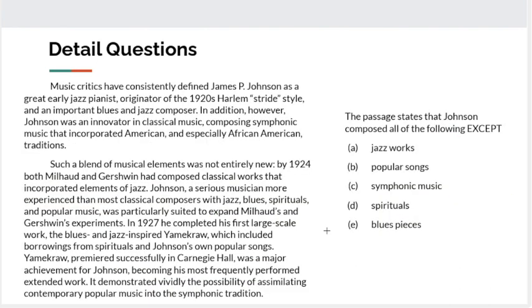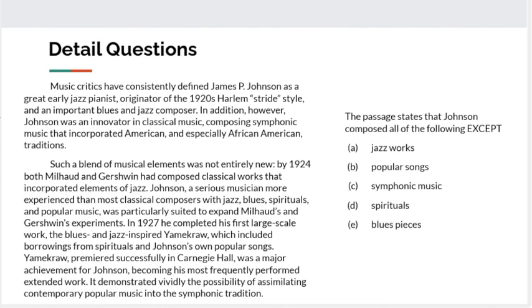And now let's look at a third and last example for this video. So this is going to be one of these all of the following except question. And we're going to have to go ahead and read the whole passage first. We'll try to read it quickly here, as quickly as we can. Music critics have consistently defined James P. Johnson as a great early jazz pianist, originator of the 1920s Harlem stride style, and an important blues and jazz